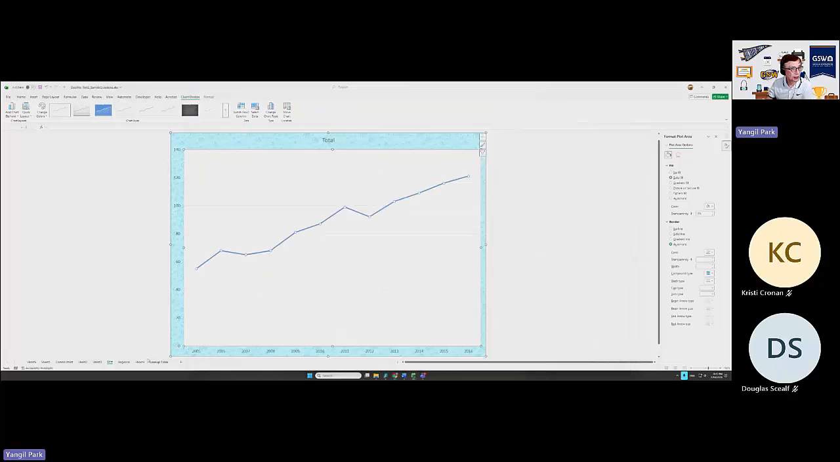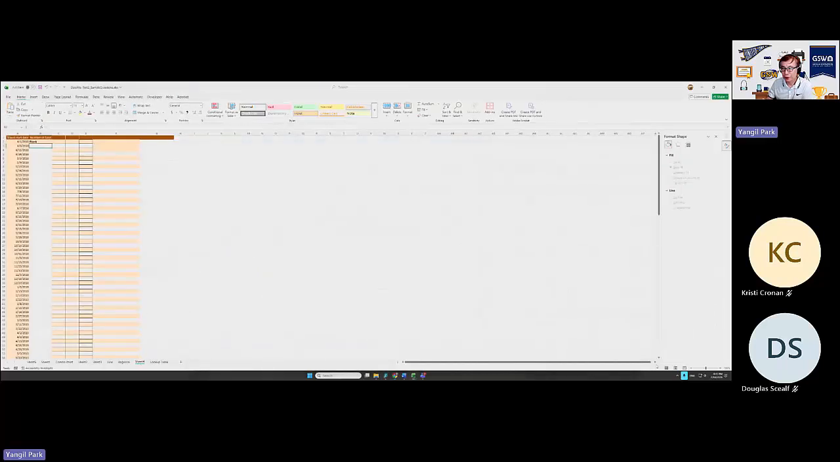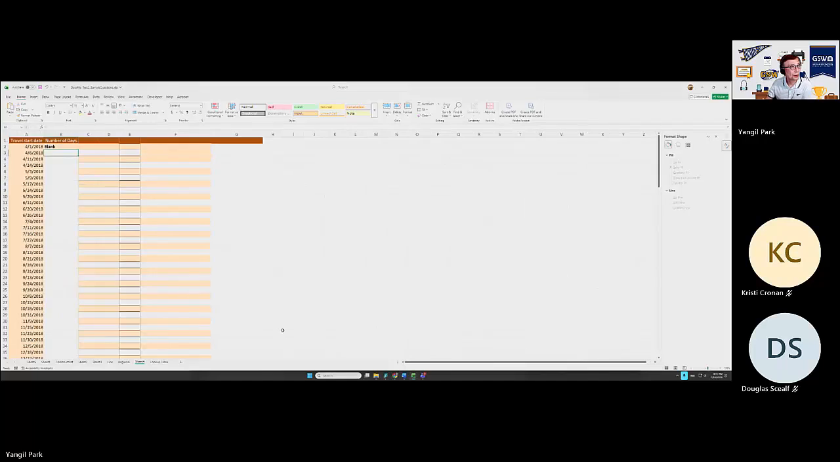Then the last one, I think, is sheet number 4. We have a bunch of dates. So here we're going to use 2 different date-related functions. One is NETWORKDAYS, okay,